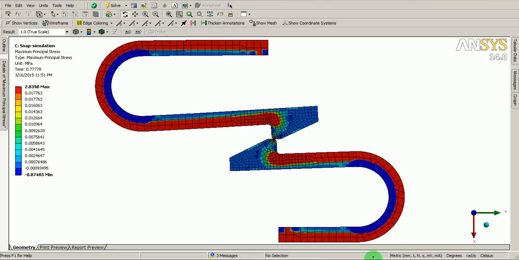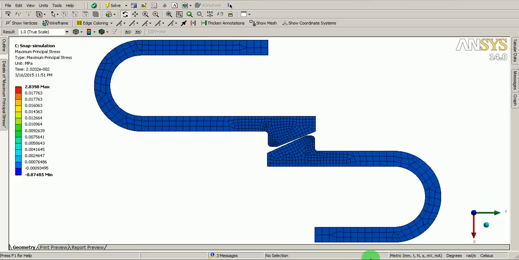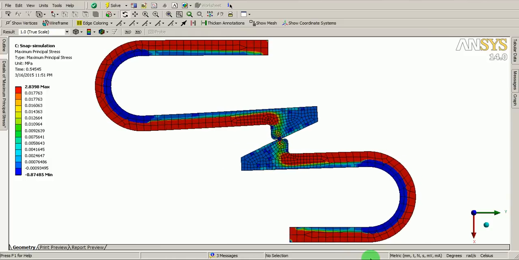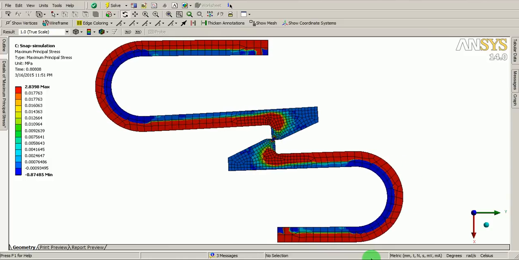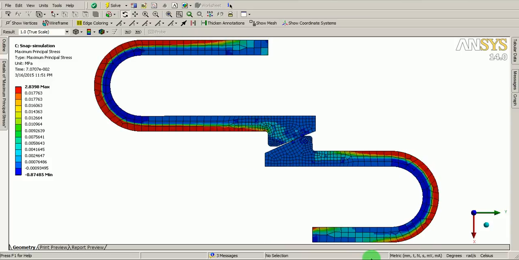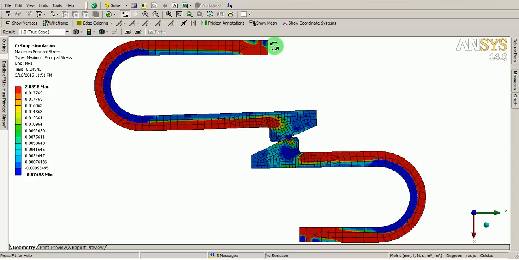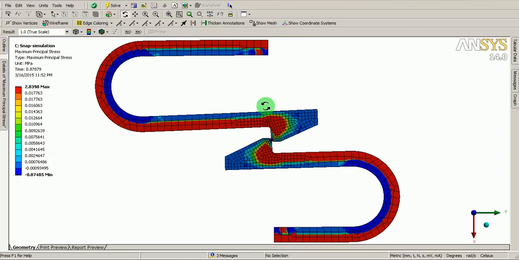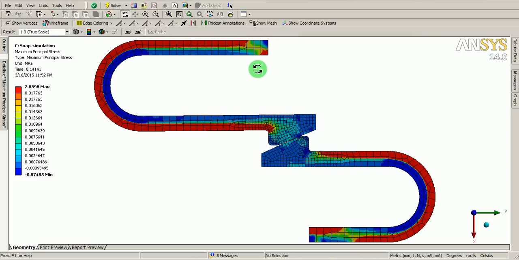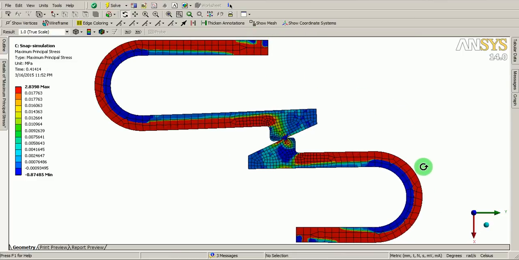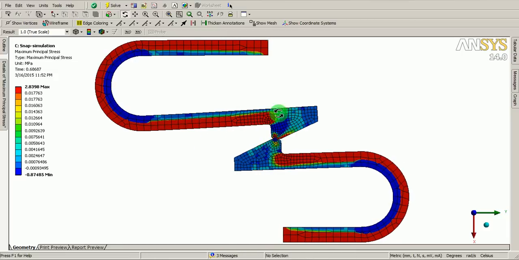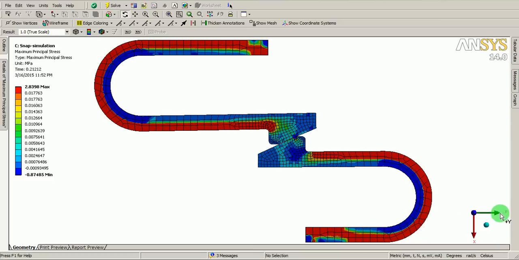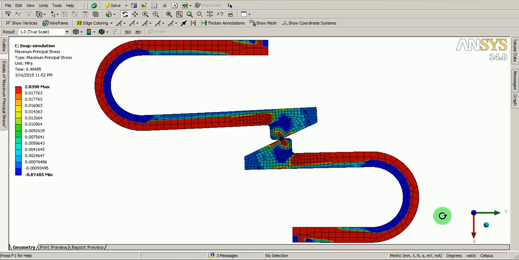This video is the demonstration of snap fit simulation using ANSYS Workbench. In this case, there are two snaps. The first snap is the top snap, which is fixed in all degrees of freedom at this location. The second snap is the bottom snap, which is given a displacement constraint along the negative y-axis so as to